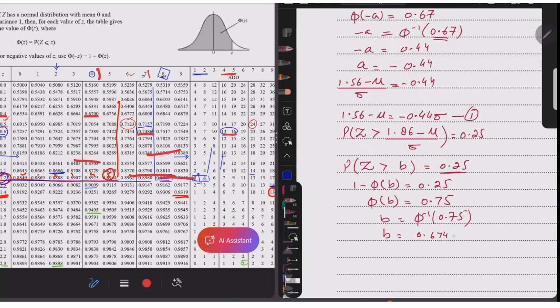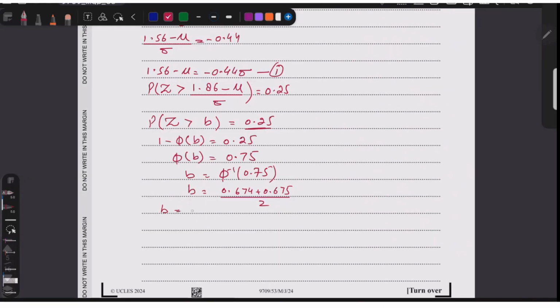One of the answers is 4 as we are not getting an exact answer, so we can take the next number 5, and when you take the average of these numbers you'll get the value of B. B is equal to,